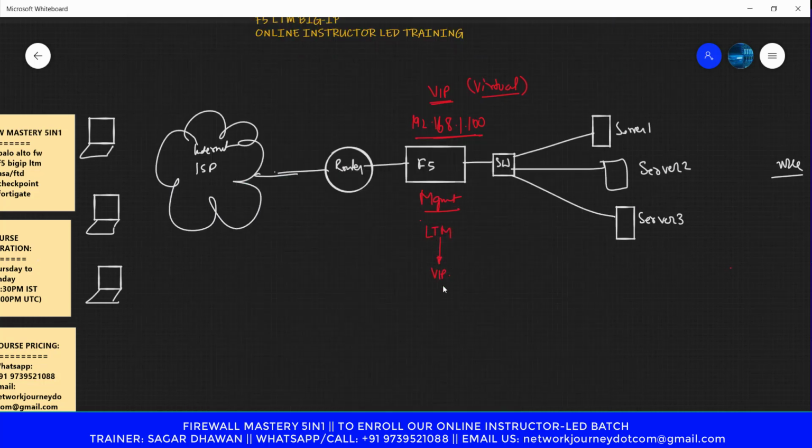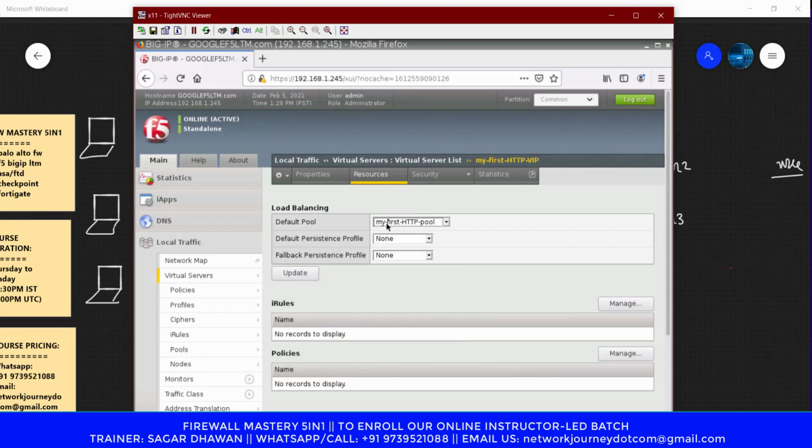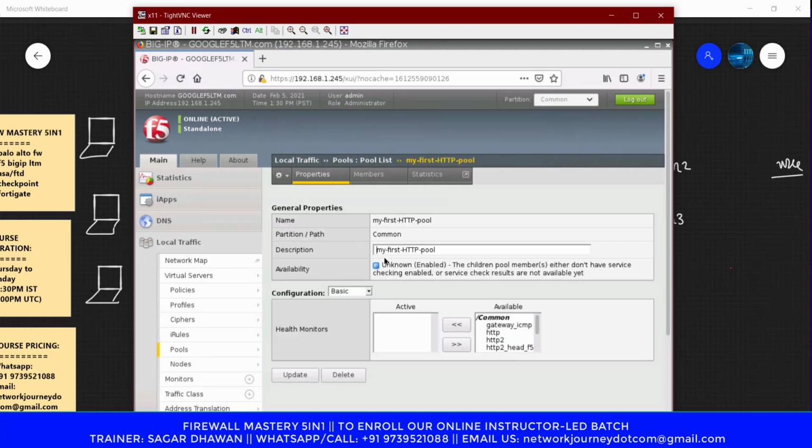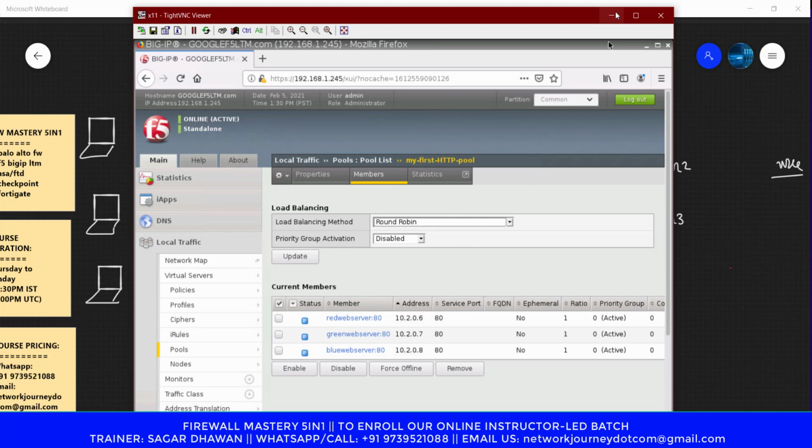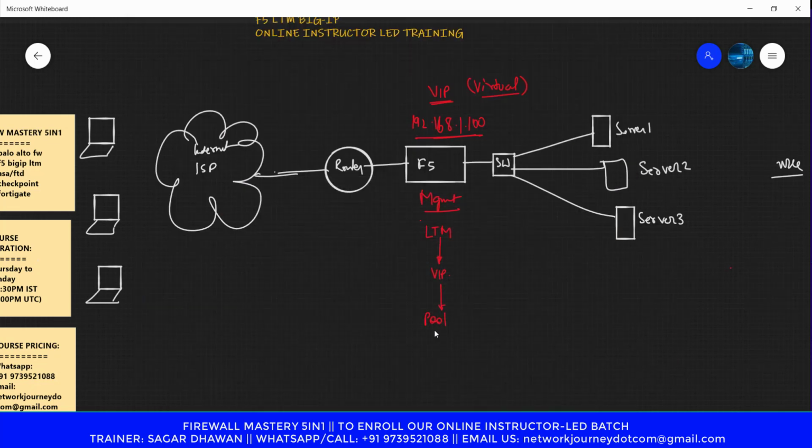So LTM, VIP, and then we see some pool options. Let's go to the pool now. This is the pool, and then we see some configurations. If I click on members, we can see the three servers. So now I came to know the pool internally consists of three backend servers: server 1, server 2, and server 3.